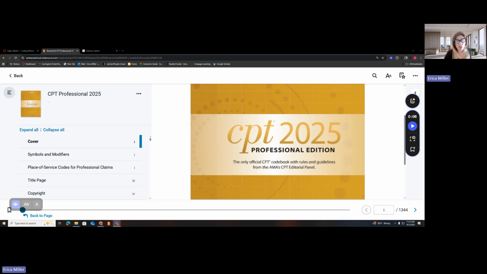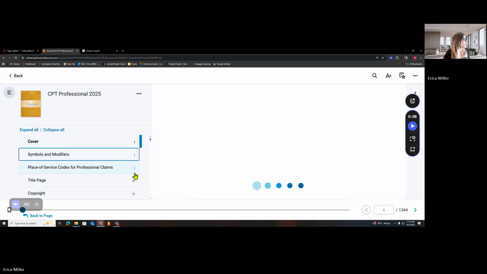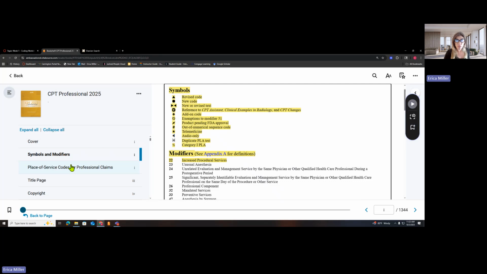All right, so let's start first. I'm going to take you through a really quick overview of your CPT manual. When you first click to the next page after the front cover, you're going to see this index, or what I like to call a little cheat sheet. The first thing it introduces you to is the types of symbols that you might see